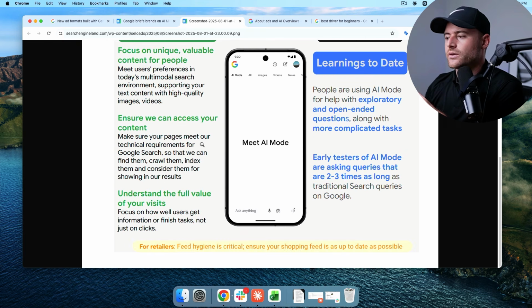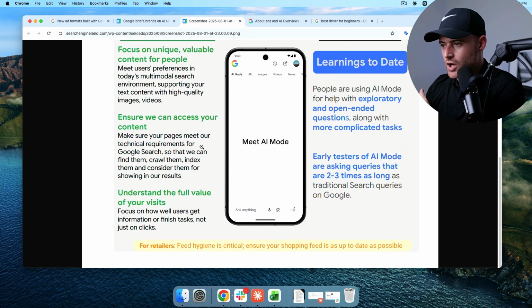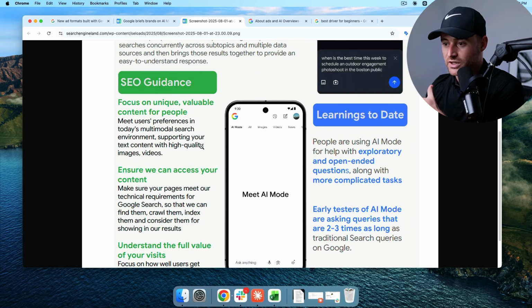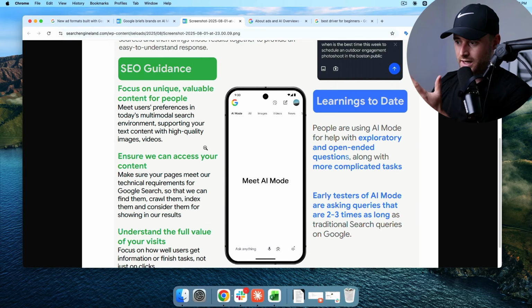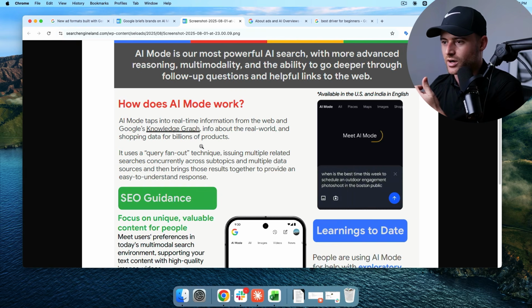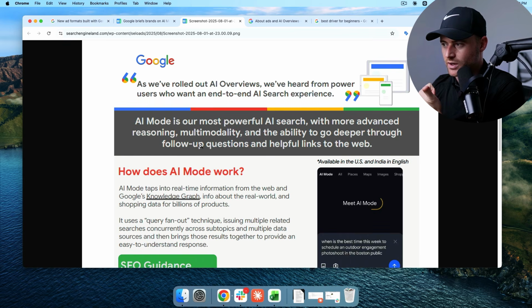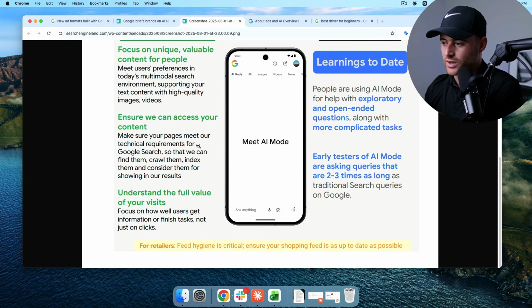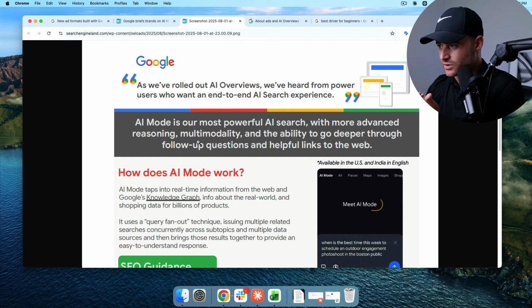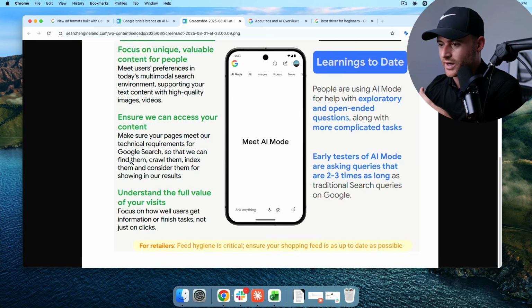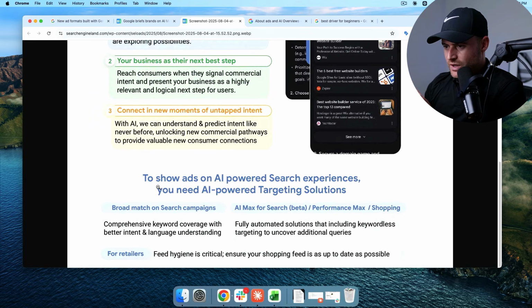But here they talked about how to show on AI Overview, you need to be using AI tech, and AI tech is a part of broad match keywords, a part of Performance Max, a part of AI Max if you're going to be utilizing AI Max, and it is also baked into shopping campaigns already. Here's the other image, which says to show ads on AI-powered search experiences, you need AI-powered targeting solutions.